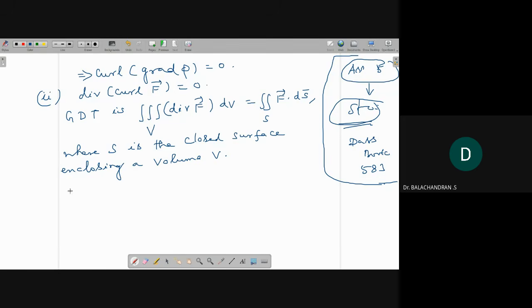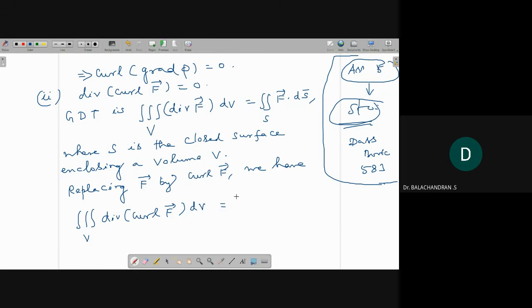Instead of replacing F vector by curl F vector, what we have is the triple integral over V of the divergence of curl F vector into dV